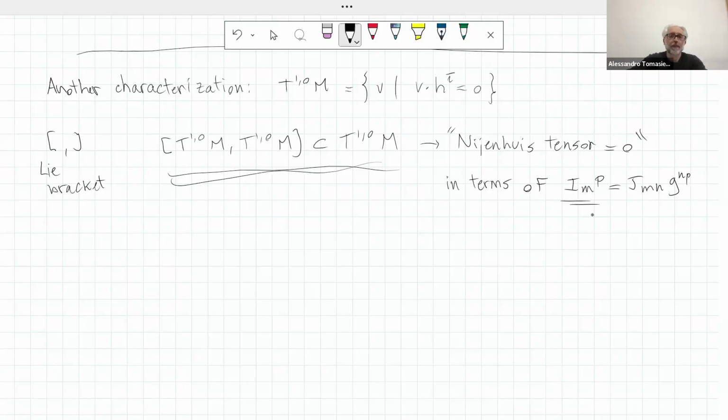But perhaps I will skip that for now, because I want to use these few minutes to introduce a special type of complex manifold that will be important in the rest of these lectures, but also for the seminar tomorrow by Watari. So I'm skipping a couple of things just to be able to say